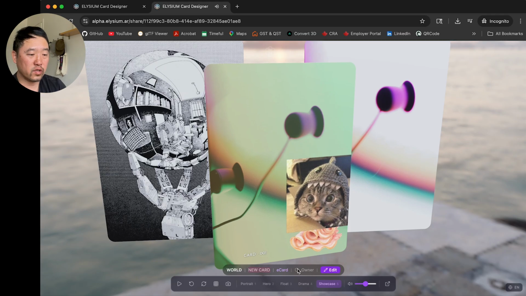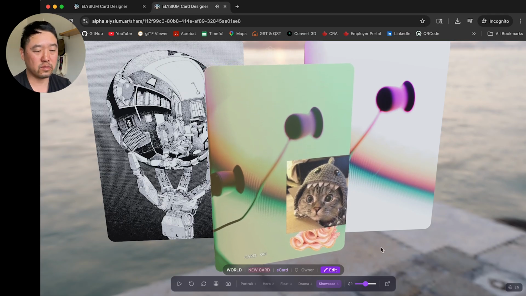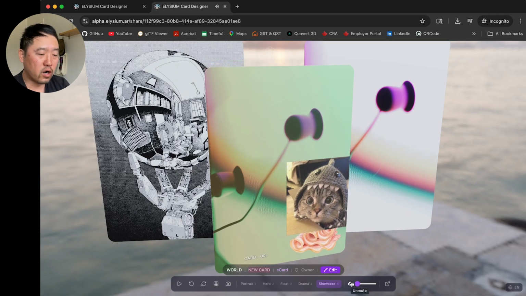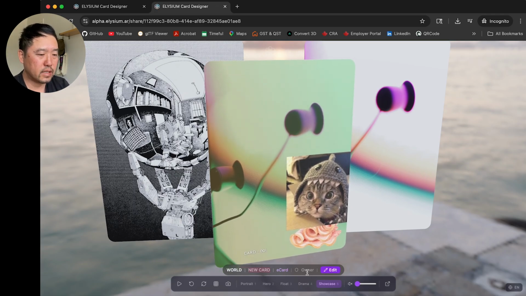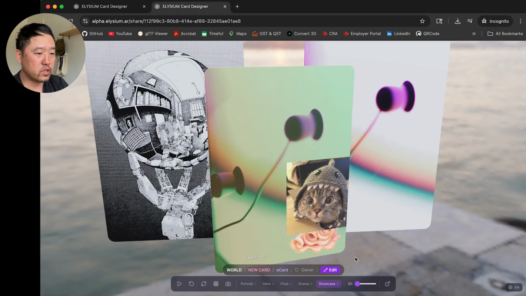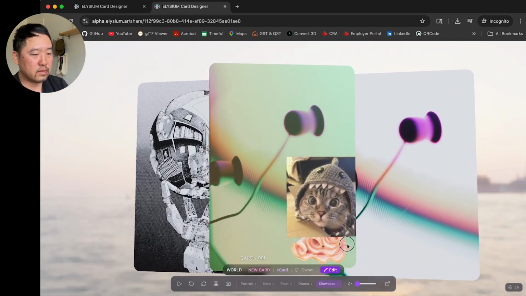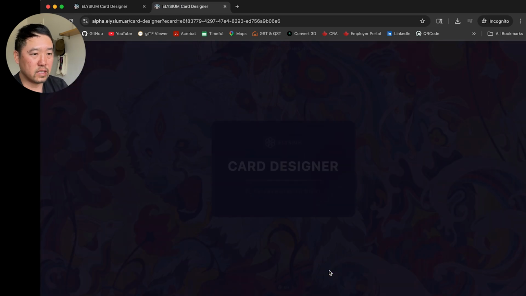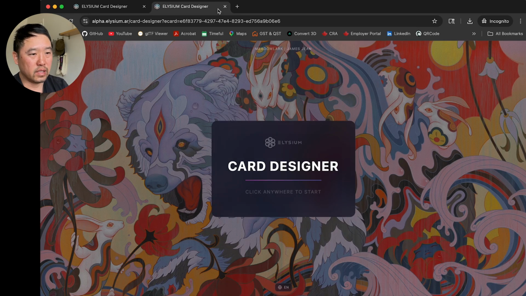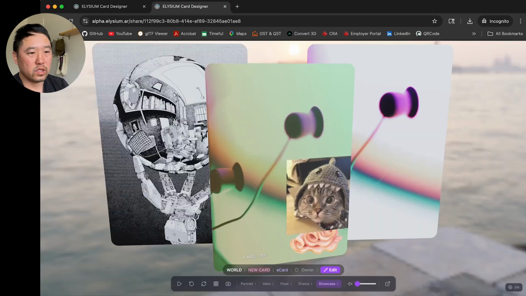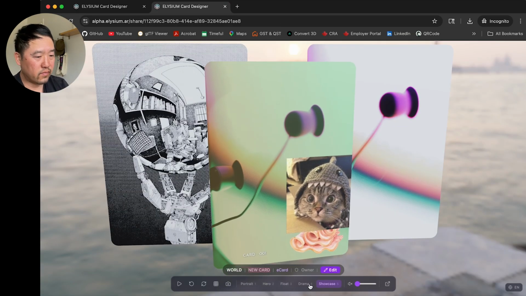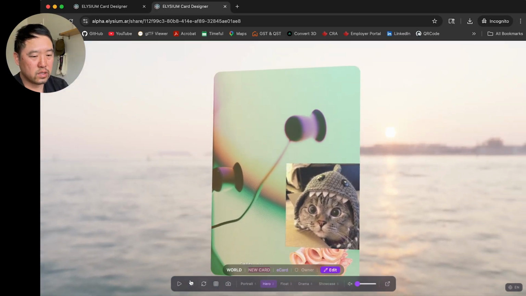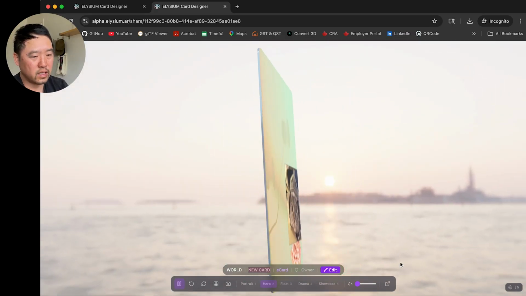It tells you whether you're not the owner. So right now, because we have created this and we've added this card to our Elysium account, it has tagged us as the owner. I can directly edit this. So if I click on this, it will take me back to the card designer and be able to edit the card. But we don't want to do that. And you have the same control. So somebody can play around with this and see how it looks. And if you click on the rotate, it will rotate.